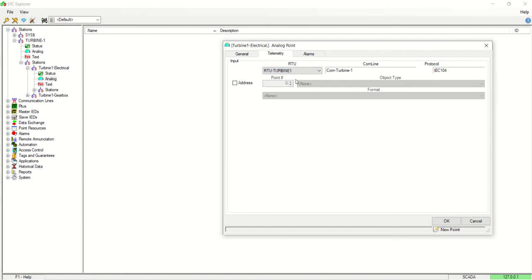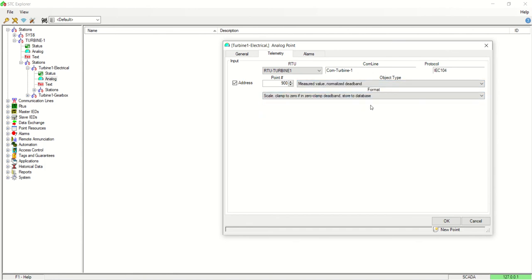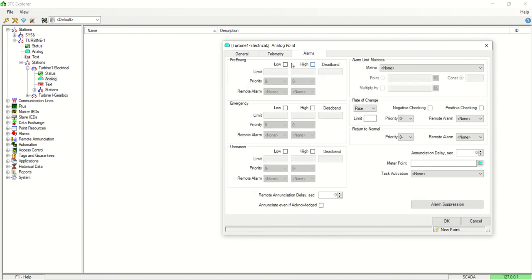RTU, which RTU that this point will be accessed. Check the address and then type the address number, let's say 900, and then the object type, let's say normalized, and the format is this one. And then for the priority, let's say